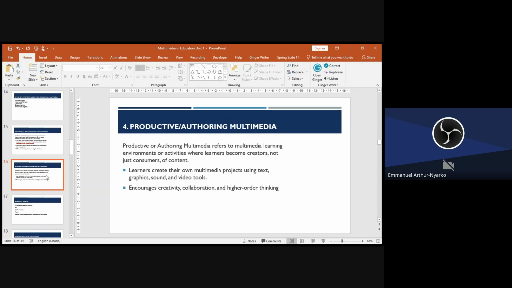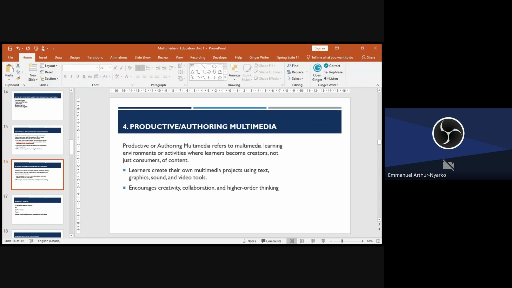Here you are using the authoring multimedia tool to create it, and nobody is creating it for you. You are going to create it yourself. So it encourages creativity, collaboration and higher order thinking.